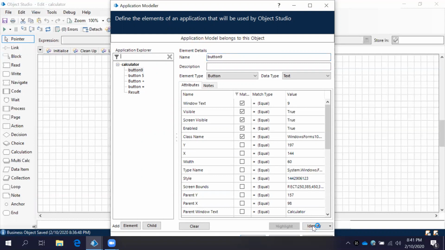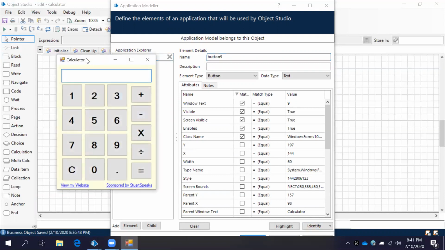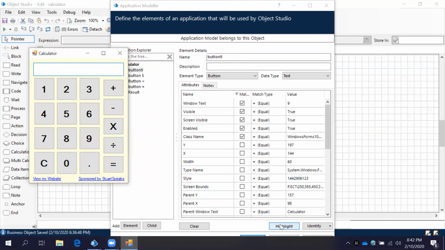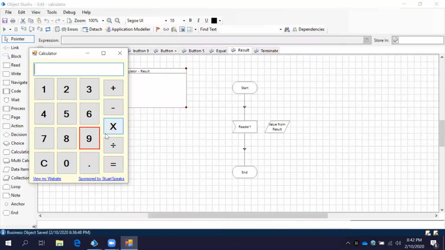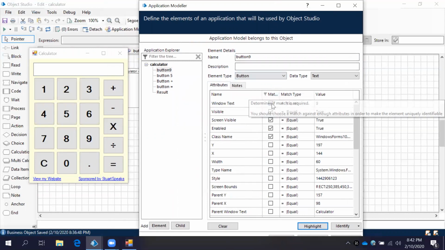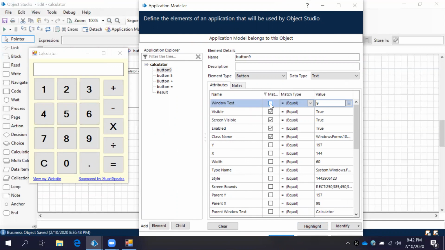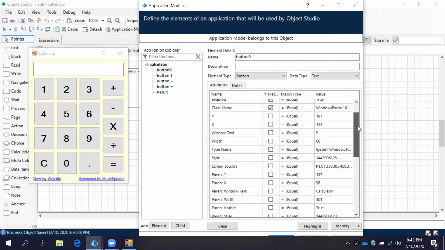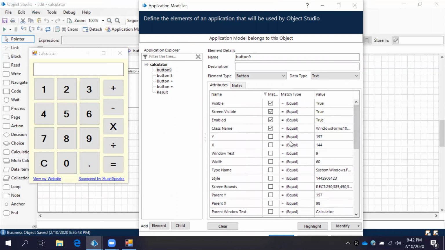First, let me launch that application. Application is launched. When you click on highlight, now it is showing button 9, right? Now observe this thing. What is happening here? Unchecked Windows text. Now remaining all the properties are the same.